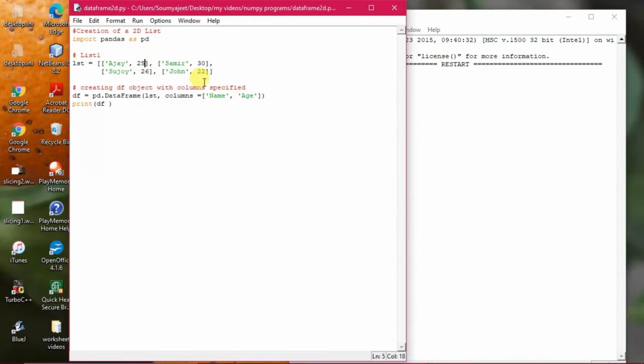Suppose you want the address out here. Say here it is Kolkata, and say here Siliguri, say here it is Chennai, and say I'm adding one more column out here. Here I am again writing Kolkata. All right, Kolkata, fine. So here it is address. So what change should I make now? I will make a change out here, and I will give here the address. So my data frame is ready now.